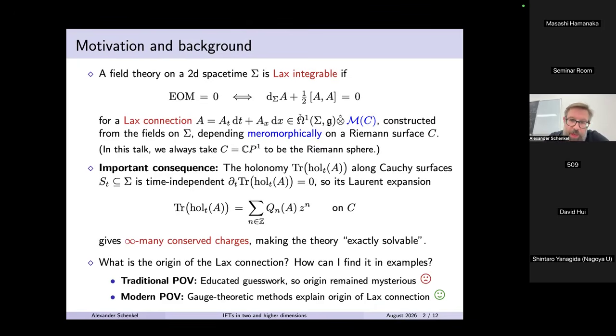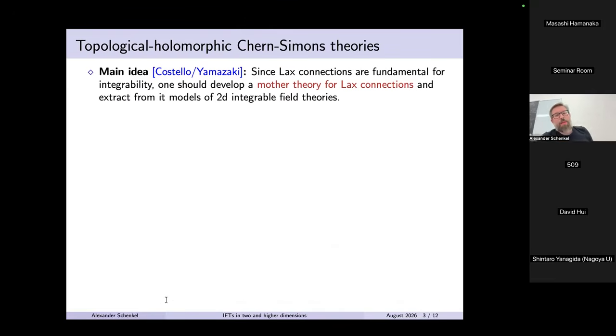So Lax connection is in some sense related to a certain gauge field, and I will explain that in a moment a bit more. So the kind of approach I will take here is I will now review a bit about this modern gauge theoretic point of view towards integrability, and then rephrase that from my own point of view. Okay, so